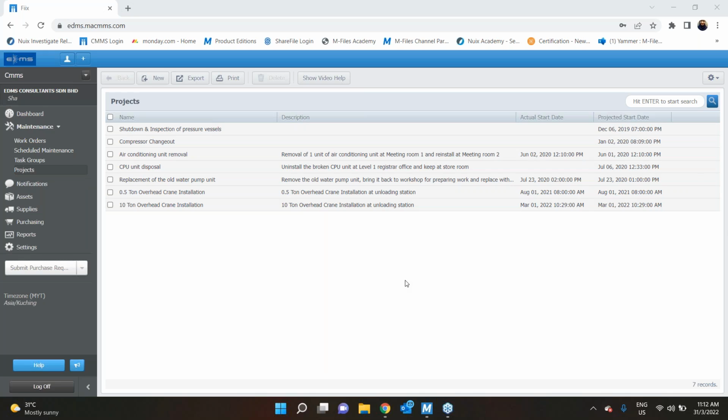All right. Before I begin with the demo, let me introduce you to our CMMS solution, which is Fix. Fix here, as you can see, is known as the one and only AI computerized maintenance management system in the market. This system will help you to manage your assets, your maintenance work orders, your project inventory, and also provide you with analytic features such as part forecaster and work order insights.